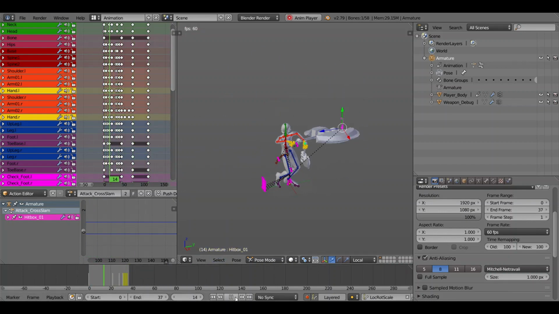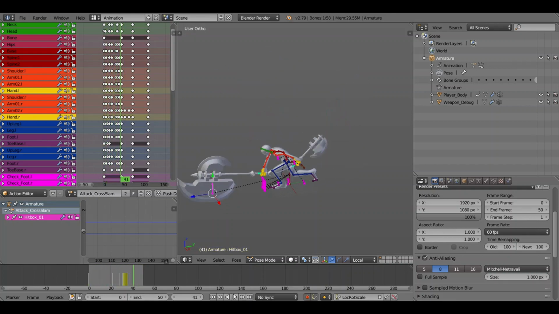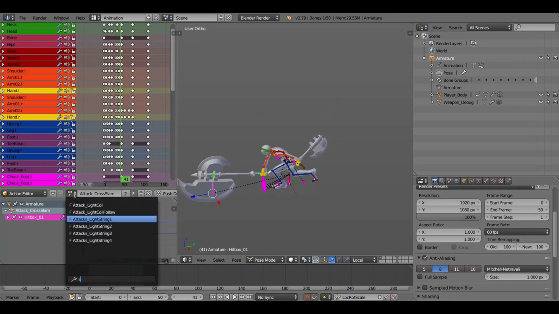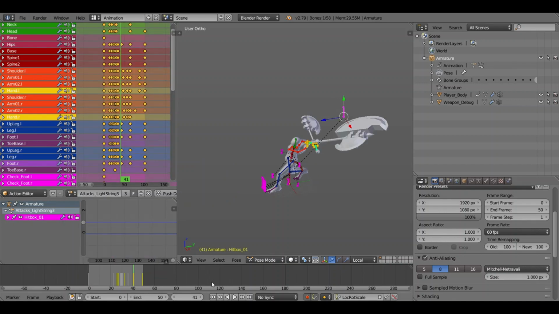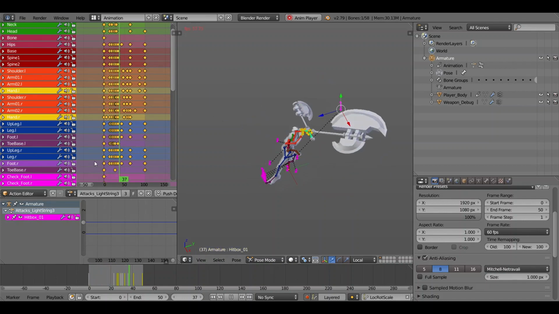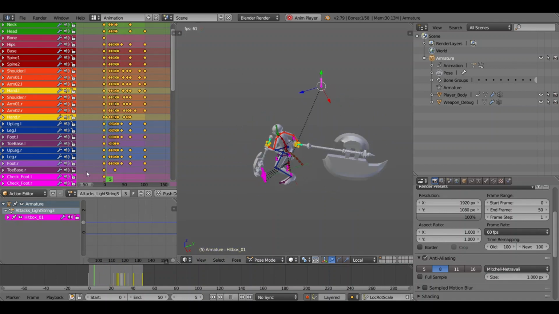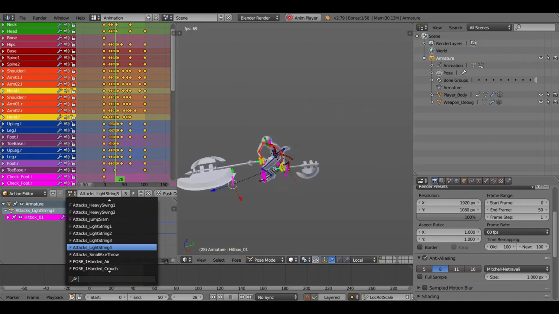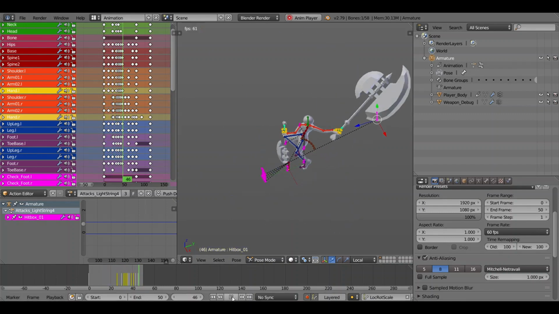Let's go over them all in order now. The first one is the light string three. This is just a very nice slash, has more weight to it, pulls your character back. It's a big slash with your big axe. You know what you're getting in at this point. The light attack 4 is the recoil from this. This one is special, as I will explain, but it's just another slash.